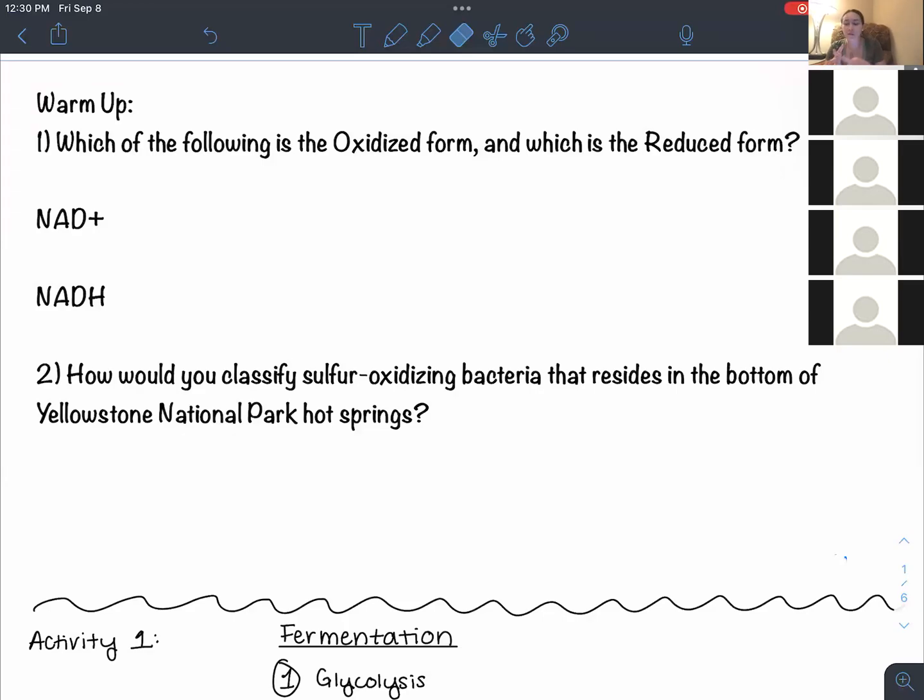So today we're going to go a little bit over chapter 6 just briefly, but we are going to be focusing on chapter 7. So your aerobic respiration, anaerobic, and fermentation will go in pretty good detail about glycolysis, Krebs, and etc. But first, I just want to start with a warm-up to get us all in the mindset of